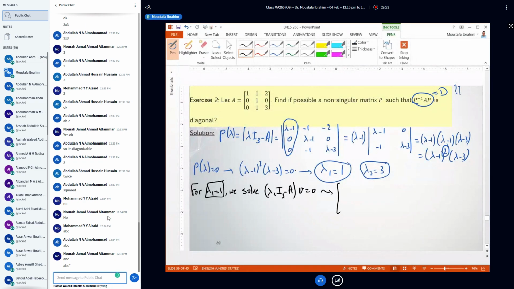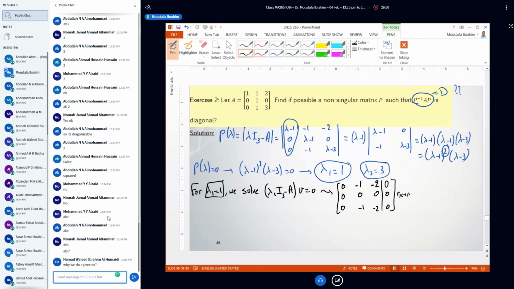So put 1 instead of lambda. We get 0, minus 1, minus 2; 0, 0, 0; 0, minus 1, minus 2. To simplify, R2 instead of R3,